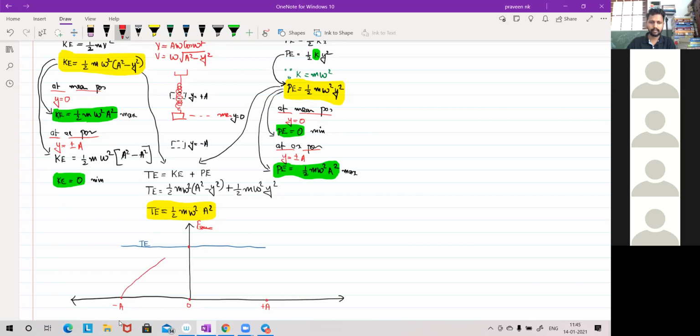അങ്ങനെയാണ് കൈനറ്റിക് എനർജിയുടെ ഗ്രാഫ് ഒരു പാരബോളയുടെ രൂപത്തിൽ ഇങ്ങനെ ആയിരിക്കണം എന്ന് പറഞ്ഞാൽ ശരിയല്ലേ? മീൻ പൊസിഷനിൽ കൈനറ്റിക് എനർജി മാക്സിമം ആണ്, എക്സ്ട്രീം പൊസിഷനിൽ കൈനറ്റിക് എനർജി മിനിമം ആണ്. Therefore, it should be a parabola like this. Therefore, this is the graph for what? Kinetic energy. Now, if we are drawing the graph for the potential energy,